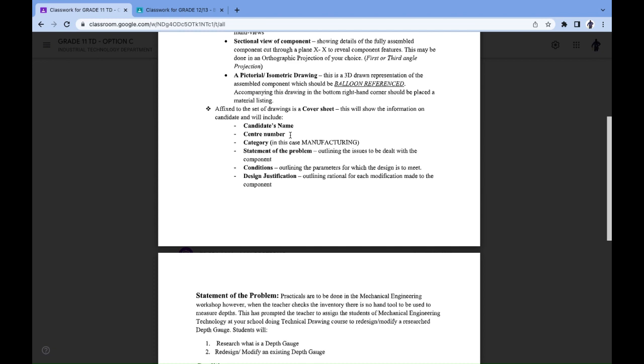And then you have the condition. Again, the condition. The condition is setting out the parameters in which you will be doing the work. So therefore,